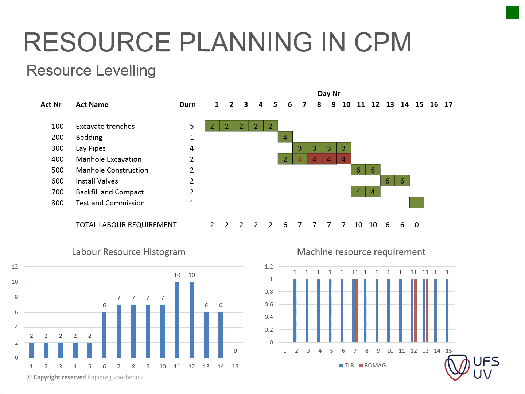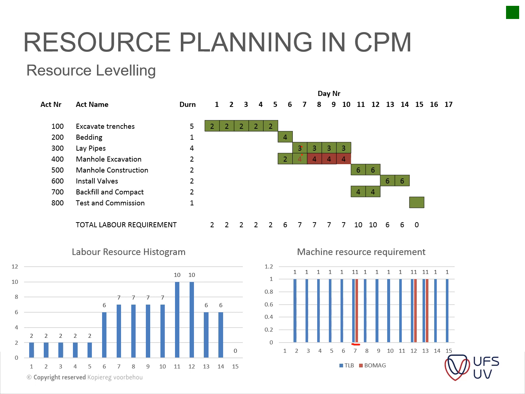Okay guys, so what we did was we basically did a bit of resource leveling. So instead of on day 7 where we had 2 TLBs that we required, we only used the TLB to lay the pipes. But if we don't use the TLB, it extends the manual excavation. So instead of being completed within 2 days,